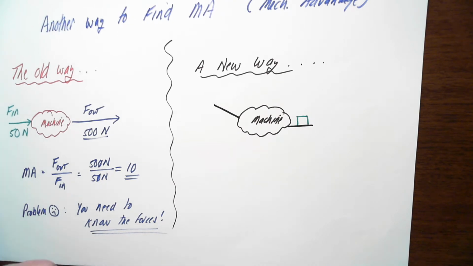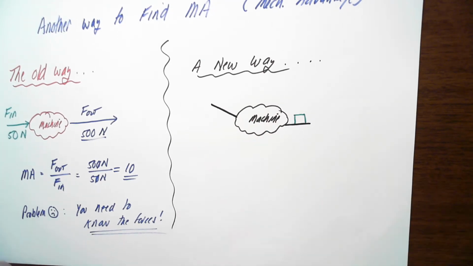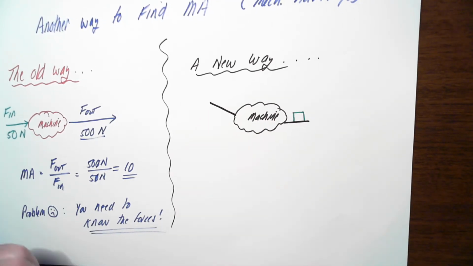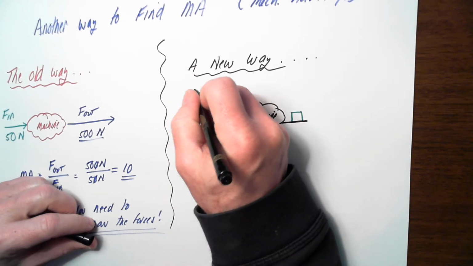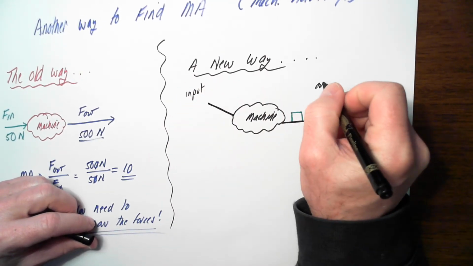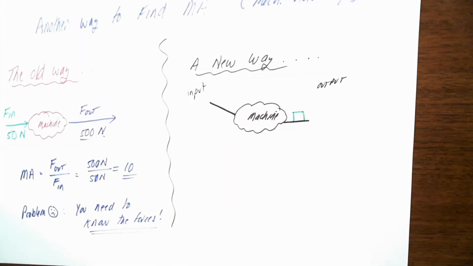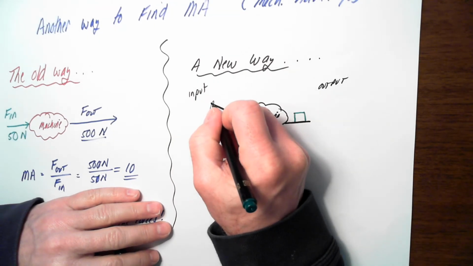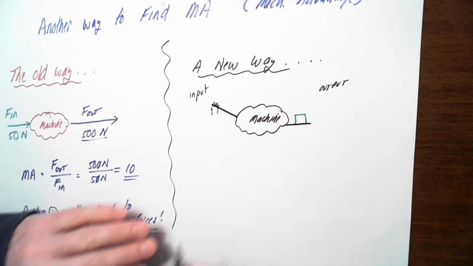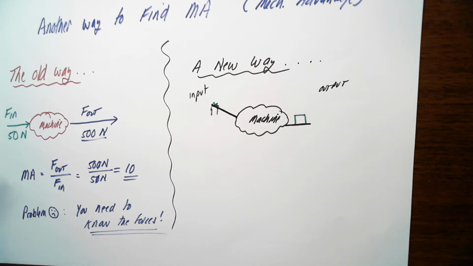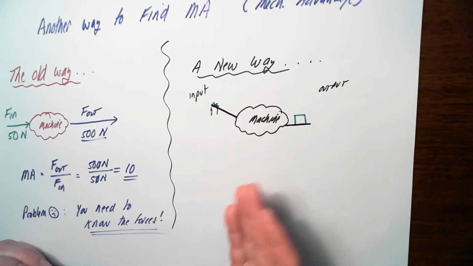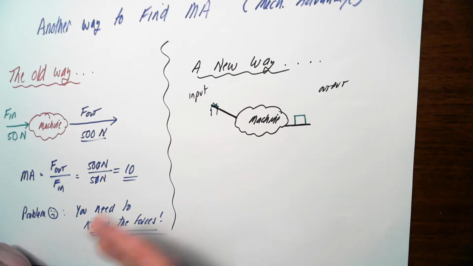Okay, so let's look at this machine. Again, I don't know what it is, but I do know there's a lever. So this is the input side, and this is the output side of your machine. And let's draw your hand. I've been known as a world-renowned hand artist. Here you go, there's your hand. So you're in this machine store, and you just play around with this machine. No force sensors,